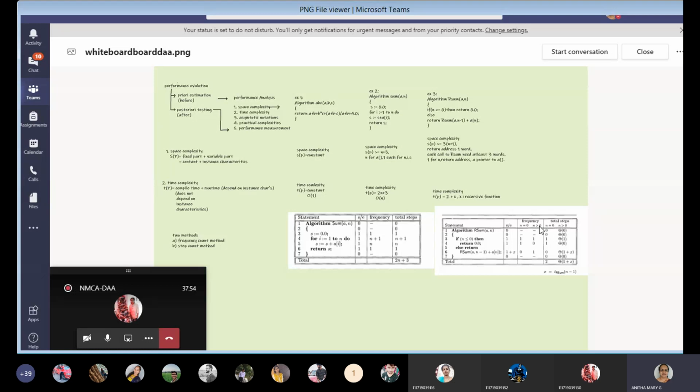And when n is greater than 0, it will check whether that condition is true or false. If it is true, it is going to iterate, no? So at least once it will check. Okay, so this return value is 0.